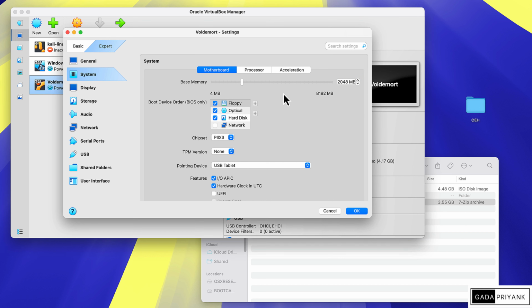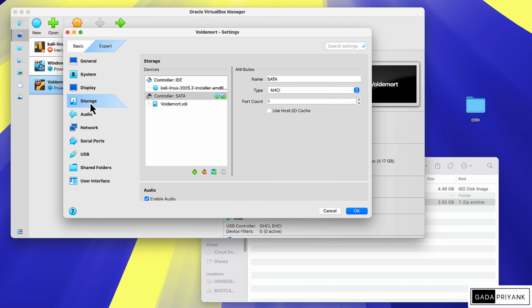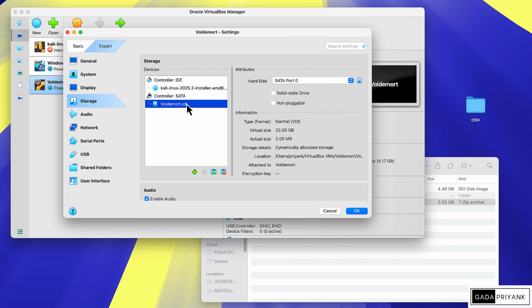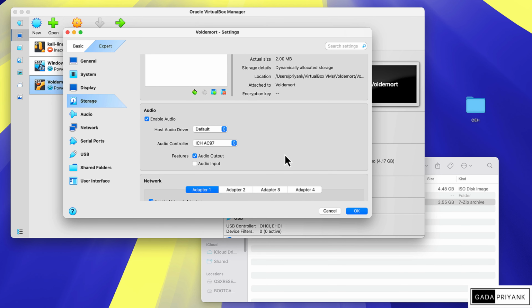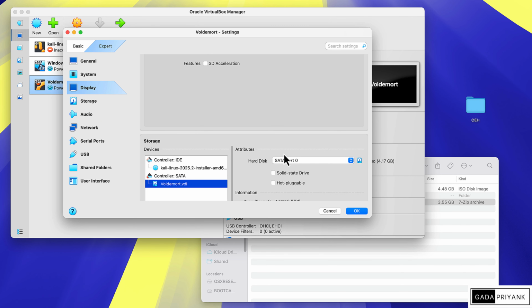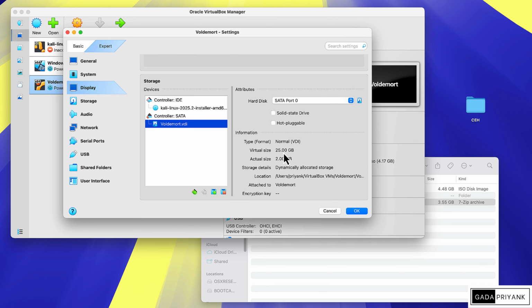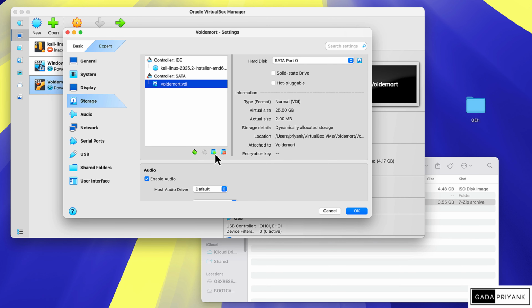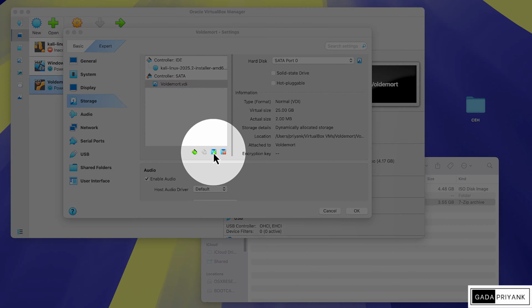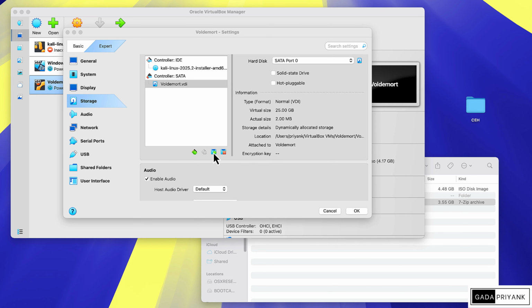For me, the RAM of the computer that I am using is 8 GB. You cannot go beyond 4 GB because then your original computer will start flickering. One more thing: you can edit the storage by going to Storage, and by default VirtualBox uses VDI. If you want to add a hard disk, click on this plus icon to add a virtual hard disk. In case you are short on storage, you can add it. Usually virtual machines use a VMDK hard disk, but VirtualBox uses VDI.